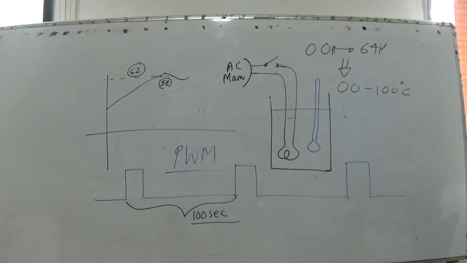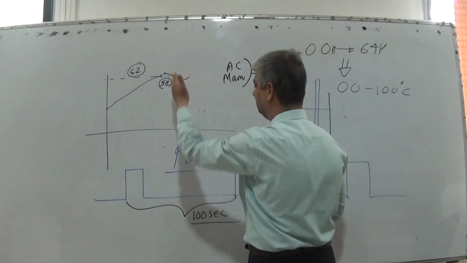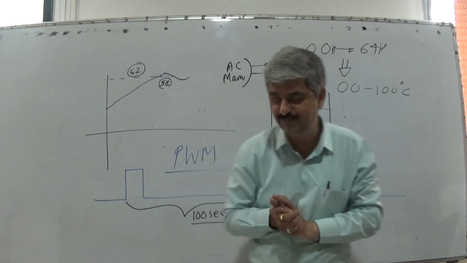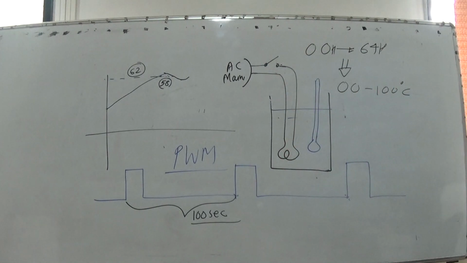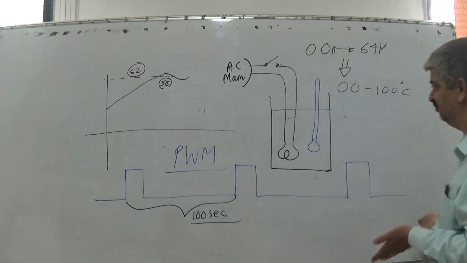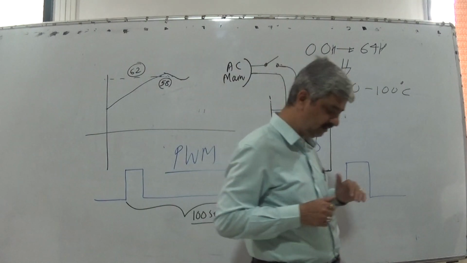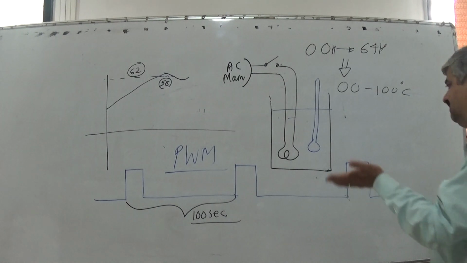Suppose if I am having a small heater, more water, to keep it at 60 degrees, I will be required to have say 70% duty cycle. Instead, if I put more water to keep it at 60 degrees, I may be required to operate at 80% duty cycle. If I reduce the water to keep it at 60, I will be required to operate at 30% duty cycle. If I increase the required temperature, in that case, I will be required to operate at some different duty cycle.